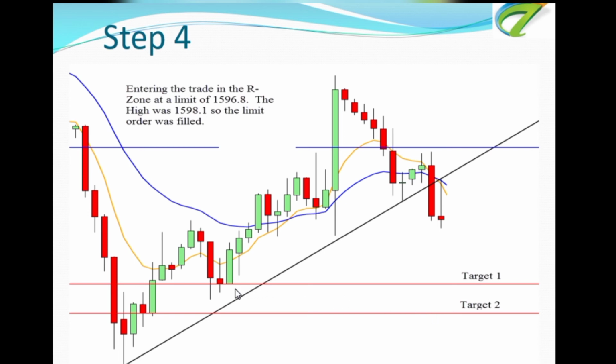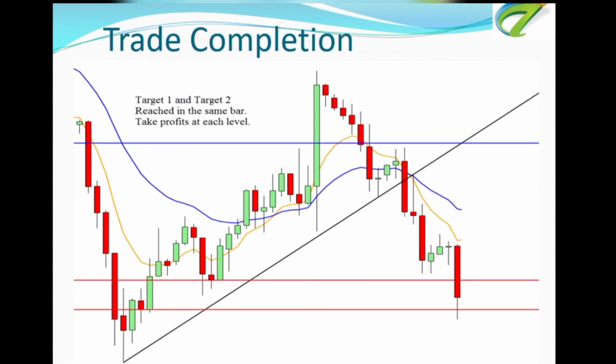As we have discussed in this space, this is the space available and this is the advanced space available, and this is the anchor point, but there are some wicks, so if we exclude this area, it makes very good sense to make the targets as per price action, and these are well met with our reward risk ratio. So target 1 and target 2 reach in the same bar